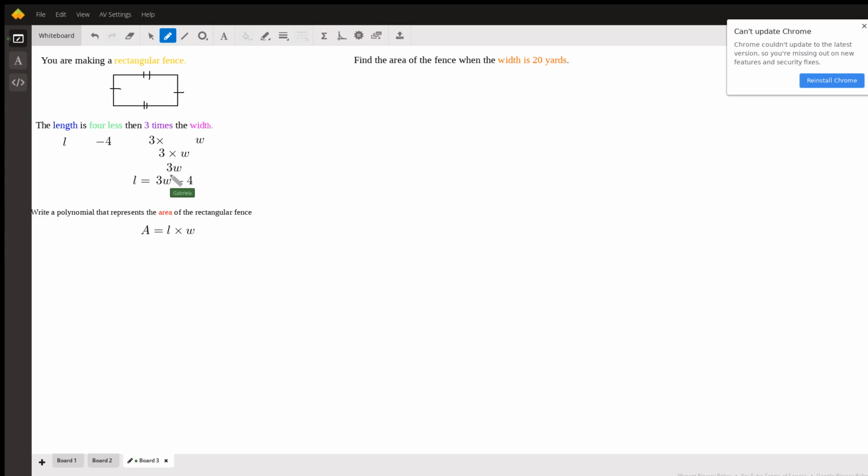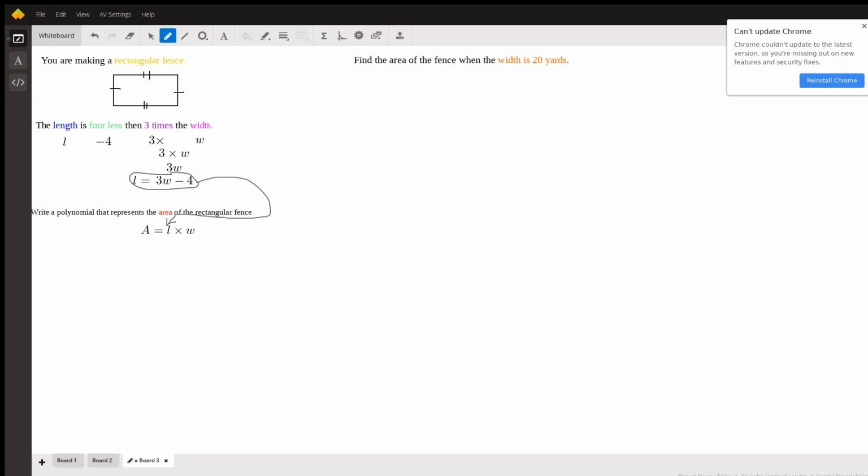Remember, this was given to us. We just rewrote it. We can substitute that in for L in this area equation down here. And we get area equals 3W minus 4